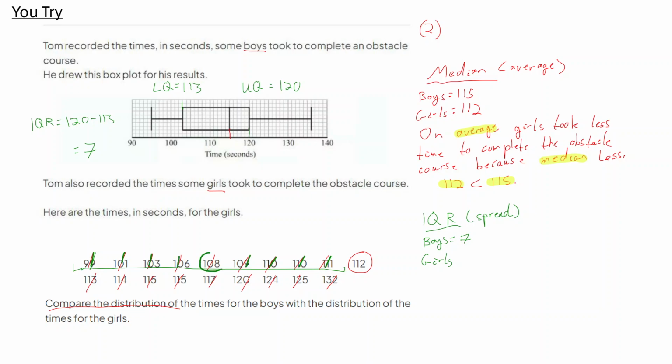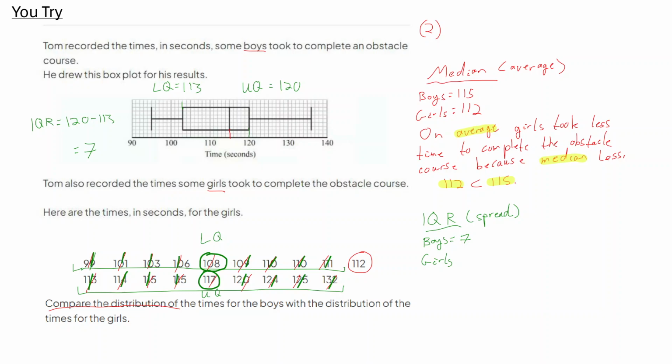Okay, so the lower quartile for the girls is 108, and then for the upper quartile, similarly, we go and compare our upper half of the data to find the third quarter value. So we go from our lowest to top, lowest, top, lowest, top, lowest, top, and there we go. The upper quartile is